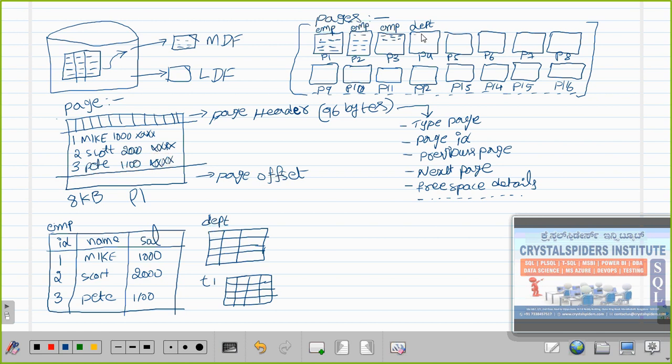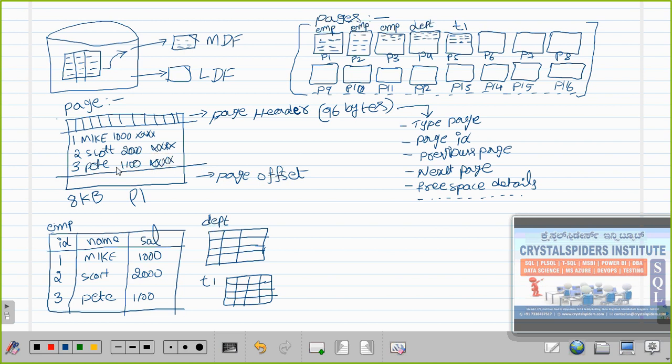So now this DAPT table is stored in only 50% of the page. 50% of the page is free. Now I am going to store the table T1. Table T1 will start occupying new pages. Once table T1 has filled this page, only then will it go and occupy a new page. Okay, this is fine.